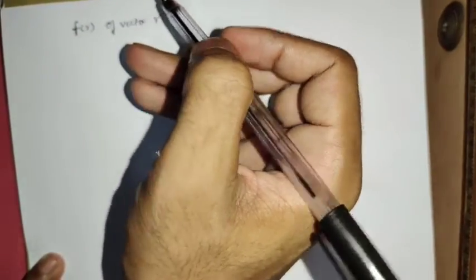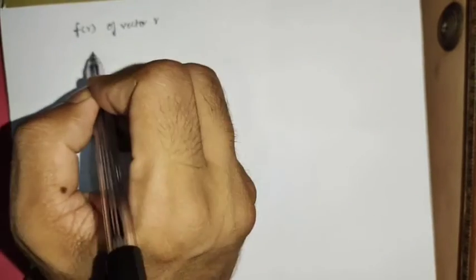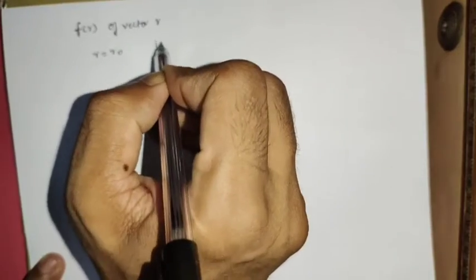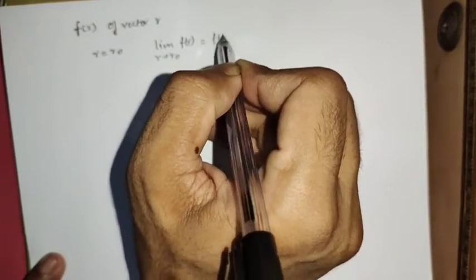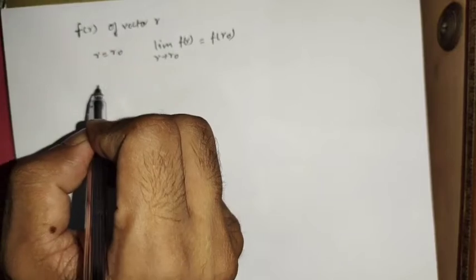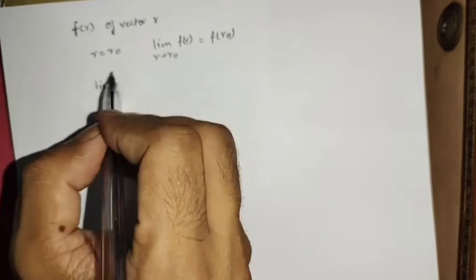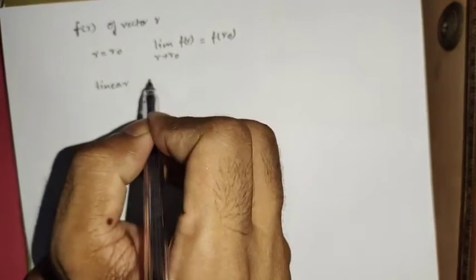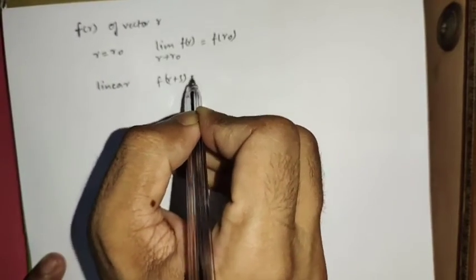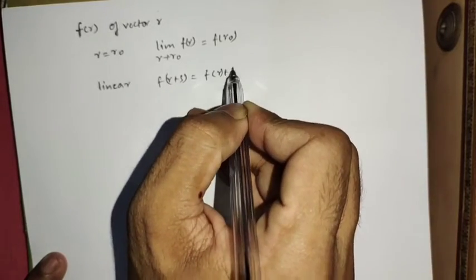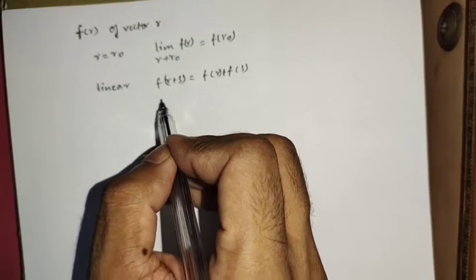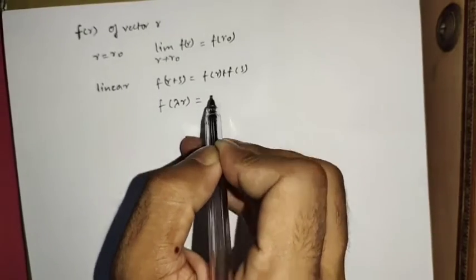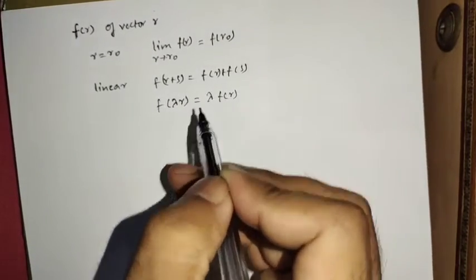r. We know that the vector function f of r is continuous at, say, r equals r naught when the limit of f of r as r tends to r naught equals f of r naught. It remains linear when f of r plus s is equal to f of r plus f of s. Another property of the linear transformation is that f of lambda r equals lambda f of r, where lambda